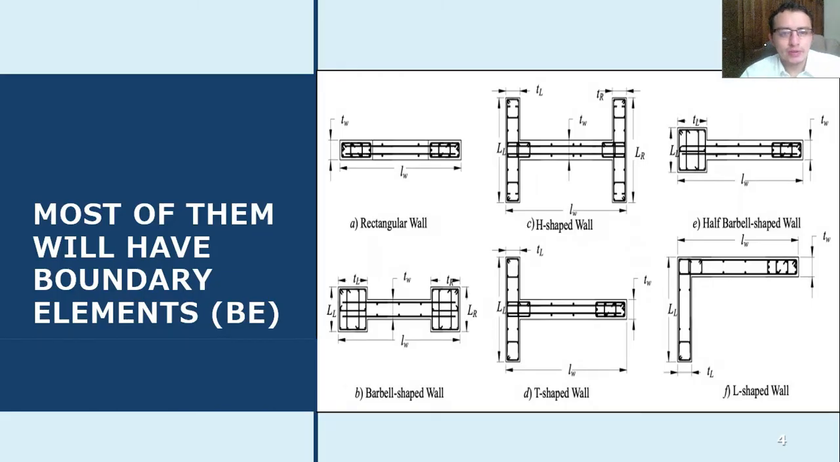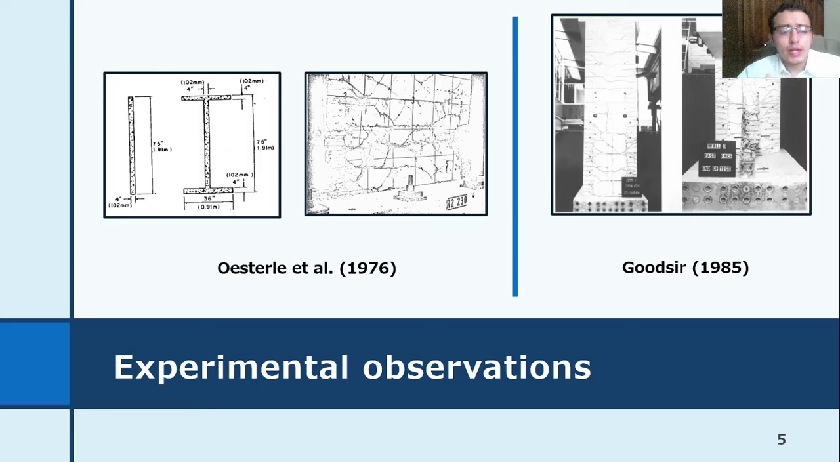Regardless of the shape of the wall in seismic regions, most of them will have concentrated reinforcement at their ends. This concentrated region is called the boundary elements, which has a lot of importance in this study, as we will see later. The lateral instability produced by the occurrence of out-of-plane buckling was first evidenced by Oesterle in 1976,